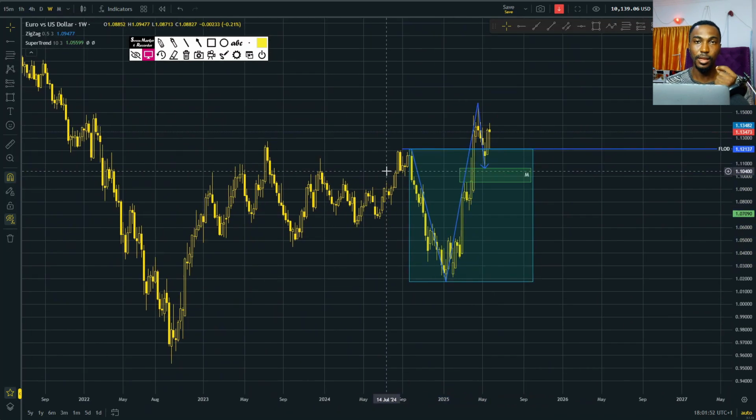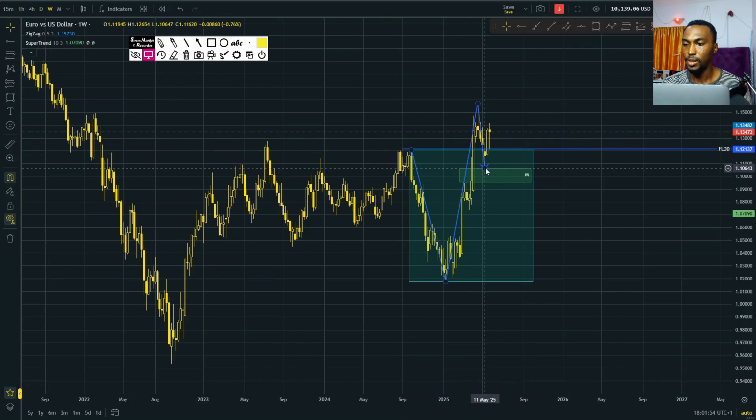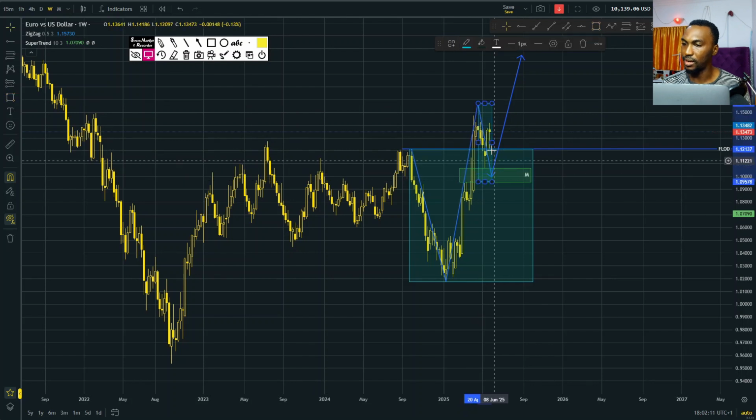Now, if the market is bullish, then we expect the market to come in, mitigate with this fair value gap, and then push higher to create another fair value area. Meaning, we are expecting the next fair value area to be somewhere around here from price, push above it, and then try to create other fair value areas if it's going to be bullish.